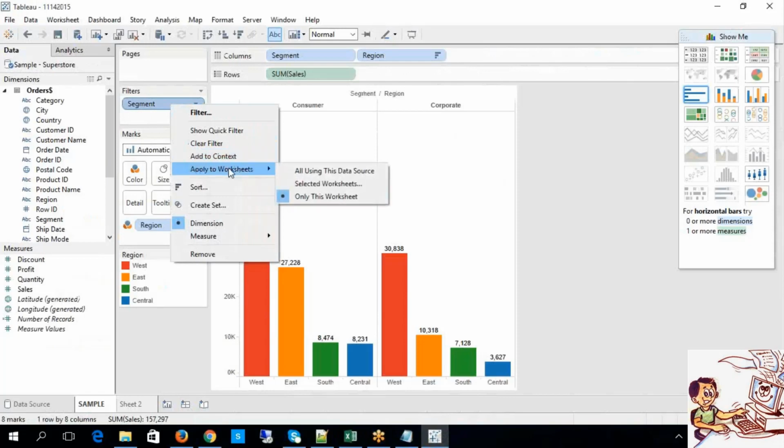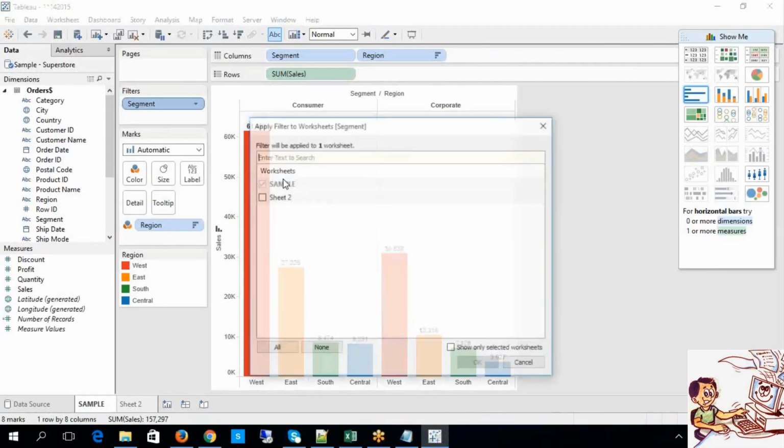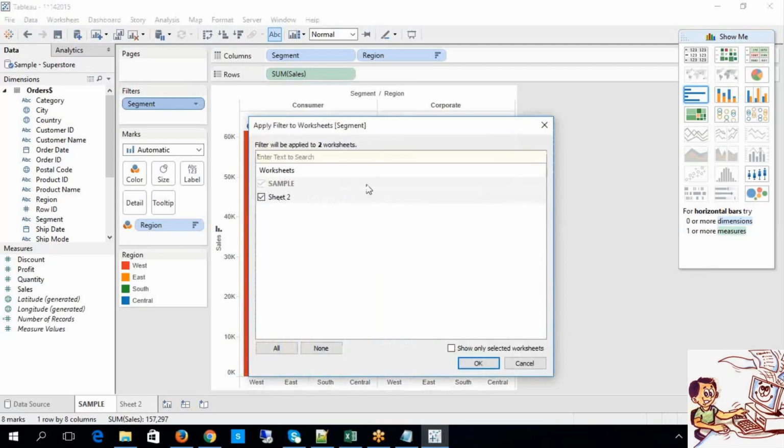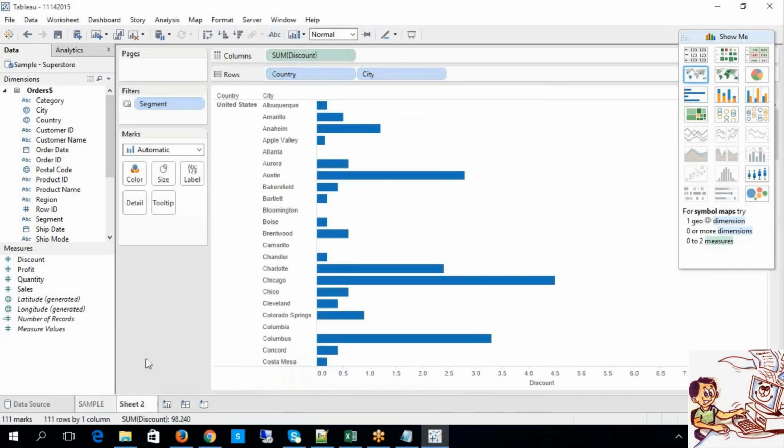Now look at this. Apply to worksheet, selected worksheet, which means you are going to choose on which worksheet this filter is supposed to be applicable. Let's say I have selected to apply to Sheet 2. Now look at Sheet 2. Look at the iconic representation, the iconic difference.